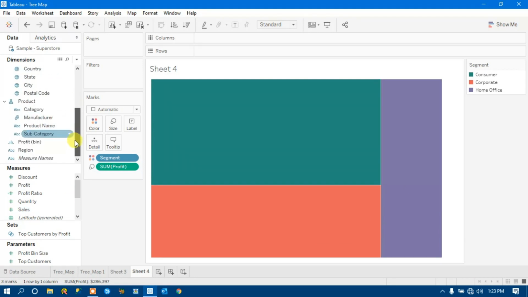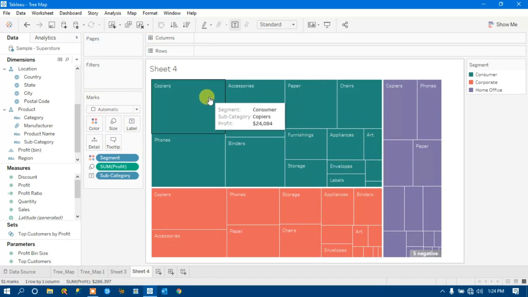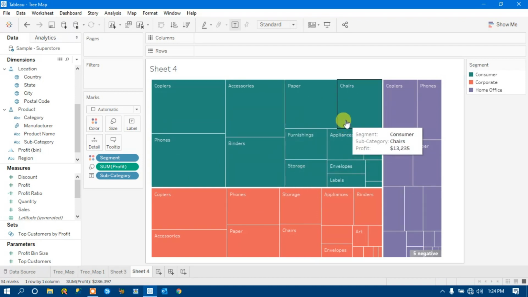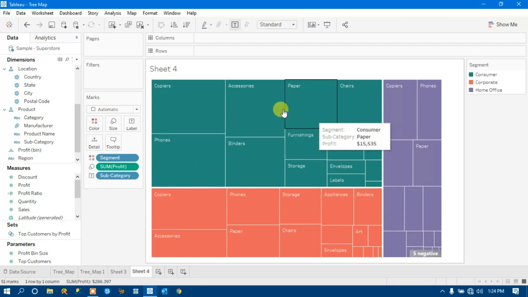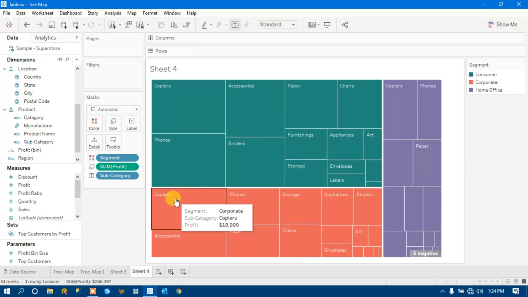Let me drag subcategory to the labels. So it has further divided our subcategories as per their segments. This is basically our consumer segment. In consumer we have these subcategories, in corporate we have these subcategories.